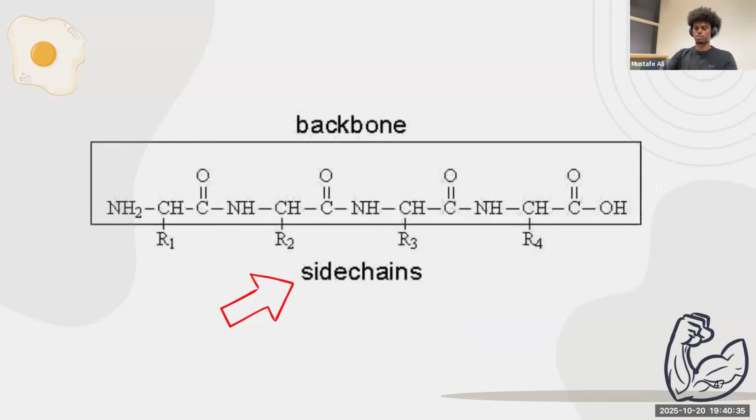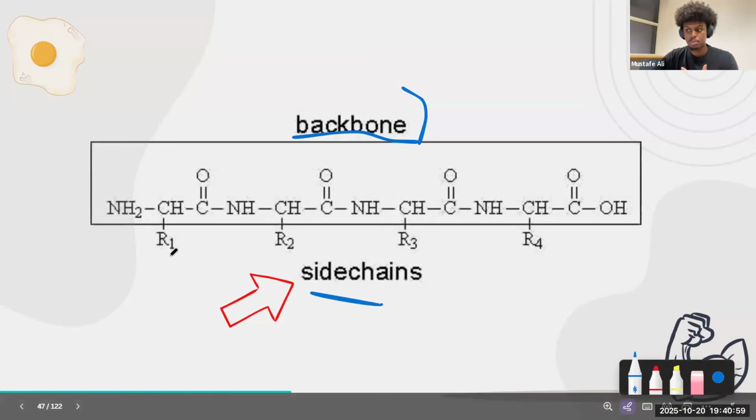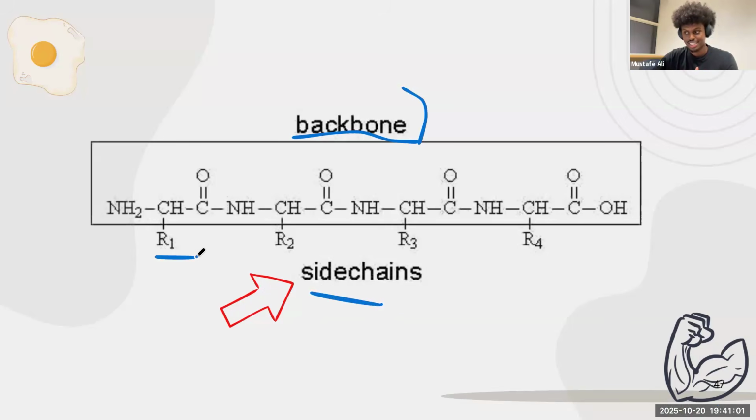All right. So this picture again. We talked about in the secondary structure, there are hydrogen bonds that form in the peptide backbone, right? We talked about the alpha helixes, the beta pleated sheets. We talked about how the hydrogen bonds form in the peptide backbone. Okay? Easy enough. Now for the tertiary structure, what is different here is that now there will be bonds that form in between the side chains. So now bonds will be forming in between the R groups of these amino acids. And this is what gives the tertiary structure its structure.